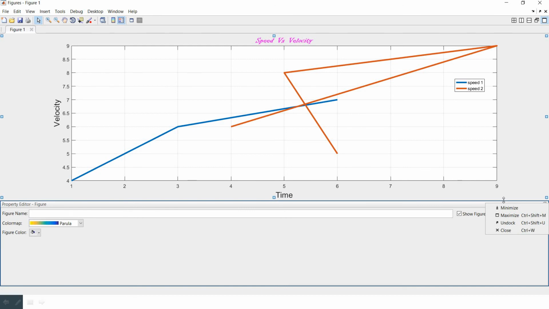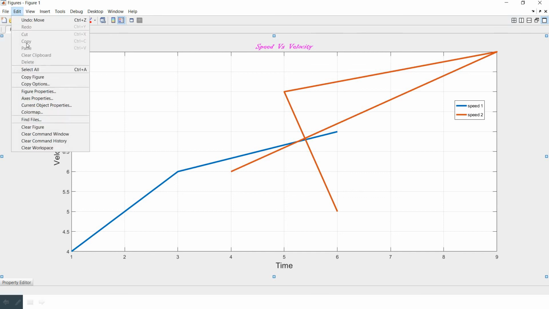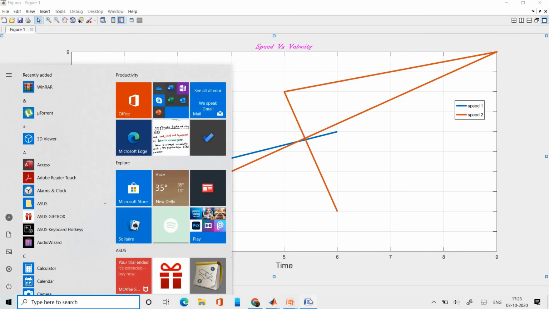Now if you want to copy this figure, you just go to file, now go to edit and copy figure. And then you can open up any Word file.